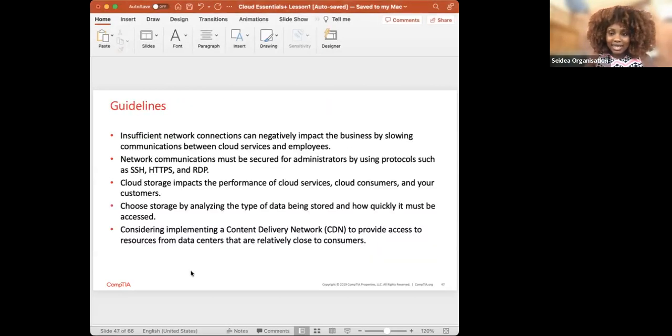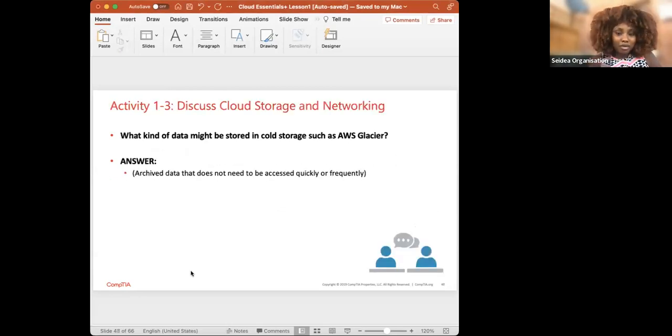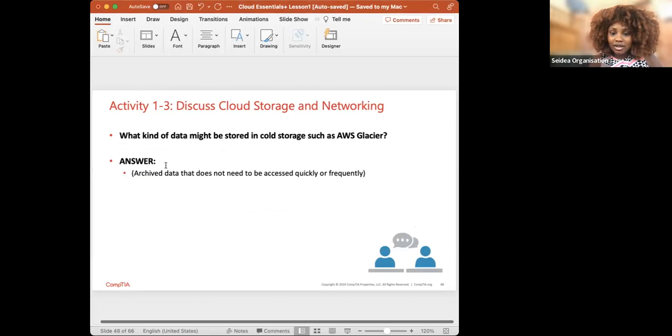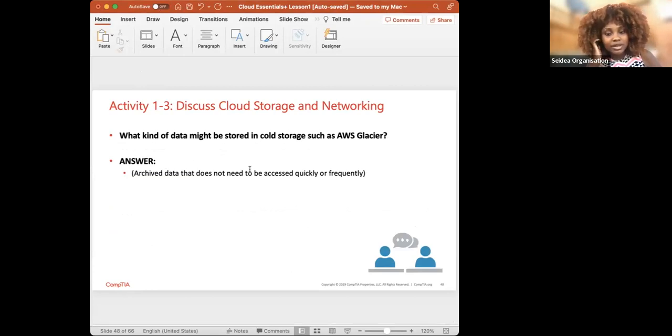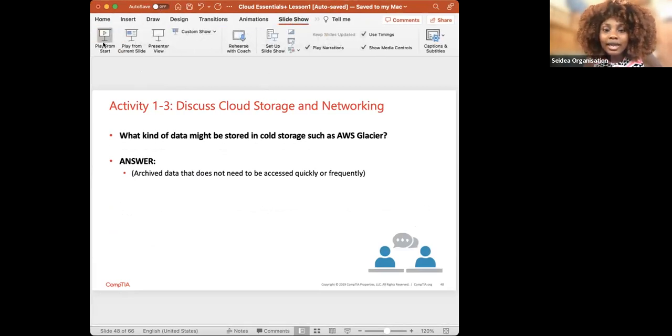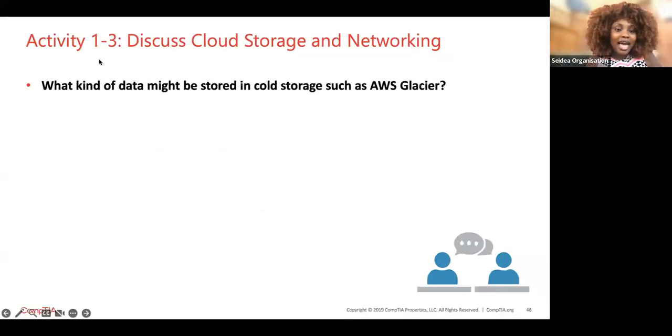So that is it from me talking. Now I'm going to put everyone in groups. Remember when I talked about how I'm going to put people in breakout rooms to discuss. The question is: what type of data might be stored in a cloud storage such as AWS? Let me play the current slides. I think the answer is already there,